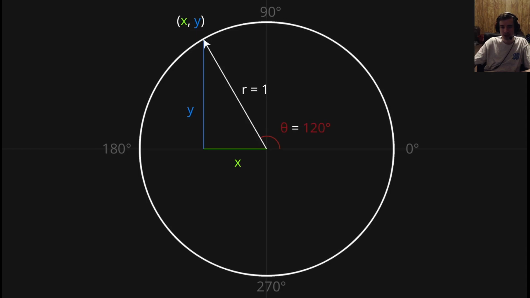Alright, time to introduce three trig functions: sine, cosine, and tangent. As you can see, the sine function takes in the angle theta, and calculates the